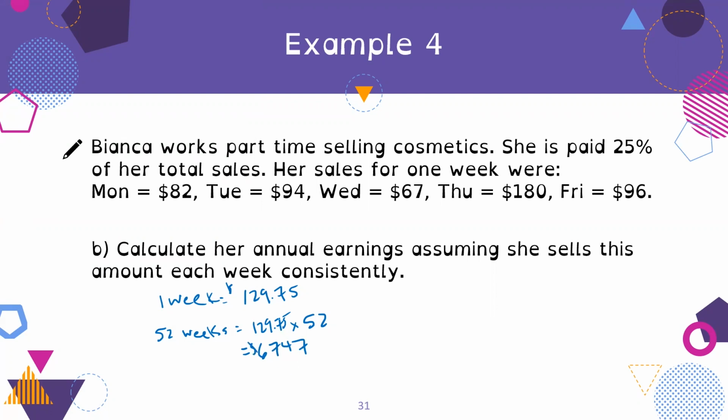So if I had continued my mistake and multiplied 519 by 52 and just written whatever the answer was, it would be really big. And as a marker, I wouldn't have known where that mistake was. Writing down that 1 week was 519 would have communicated that the student was calculating the total sales and not actually calculating the commission. So I would have been able to see, oh, this is what we missed. I was able to figure out what step we missed because we had written down all the steps. So that's why it's really important to write down your steps, because then you can figure out where you're making an error.